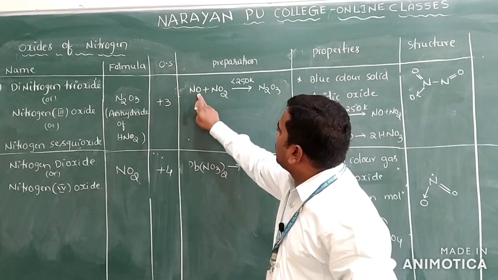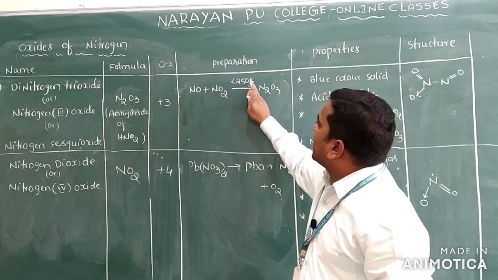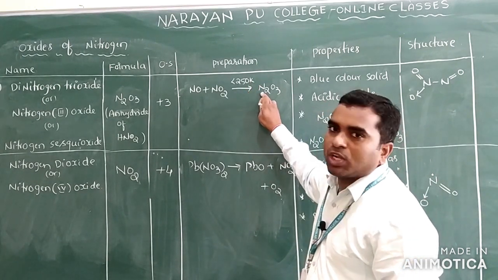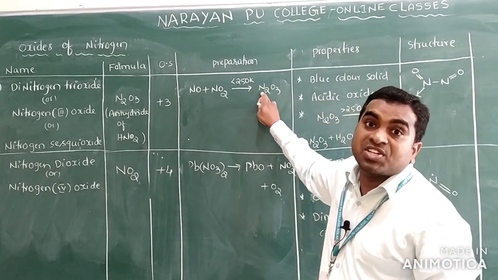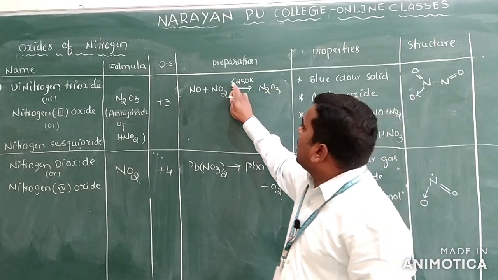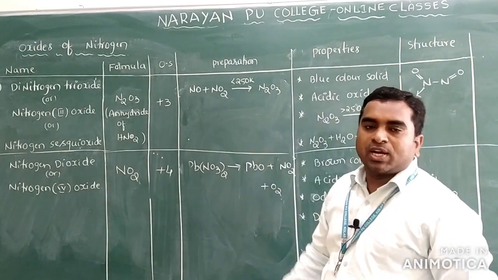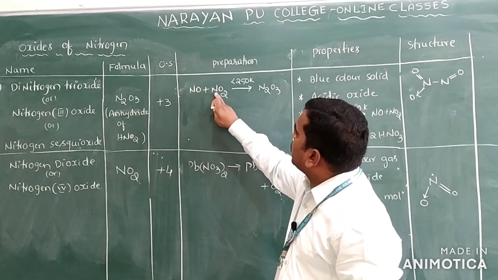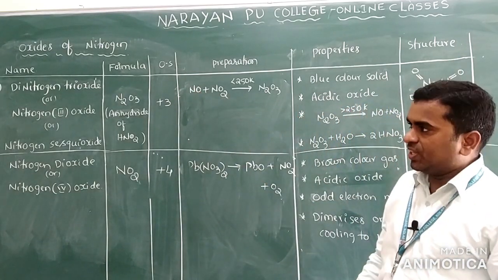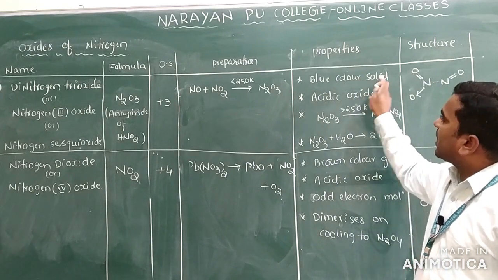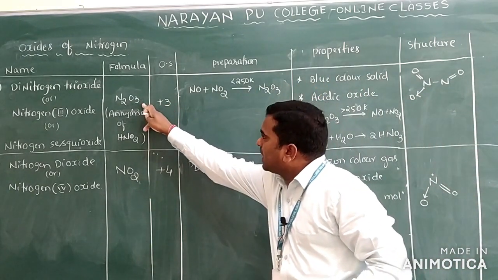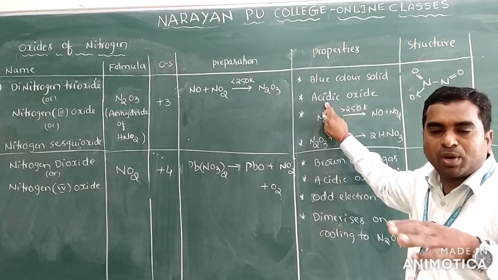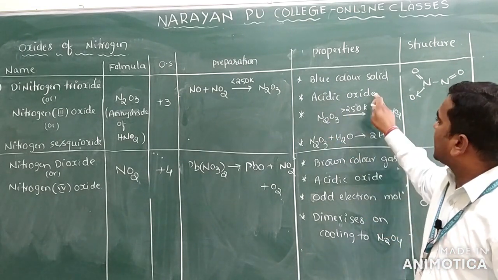Clear? So N2 plus O3, and this preparation should be done below 250 Kelvin, because above 250 Kelvin this molecule becomes unstable. So you can maintain the temperature up to 250 Kelvin. That's why NO2 reacts and gives N2O3. It is a blue color solid. N2O3 is a blue color solid, and I said except N2O and NO, remaining all oxides are acidic oxides